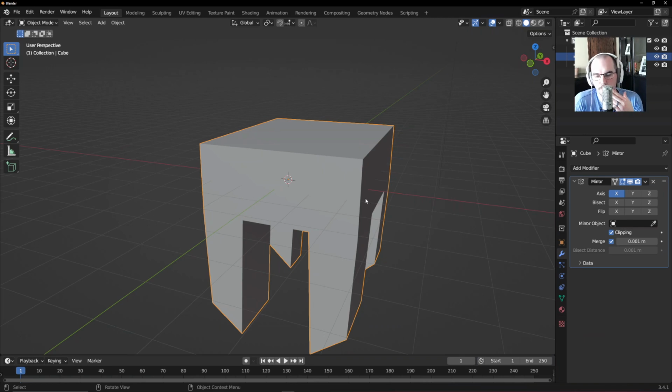And the term baking will come up a lot in 3D, but what baking is, essentially, is making it real. And I think why it's called baking is, imagine you're making a cake, and you put in your flour and your eggs and your milk and your butter and your sugar,